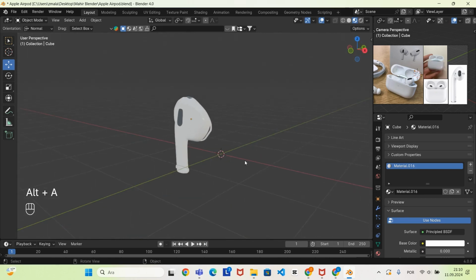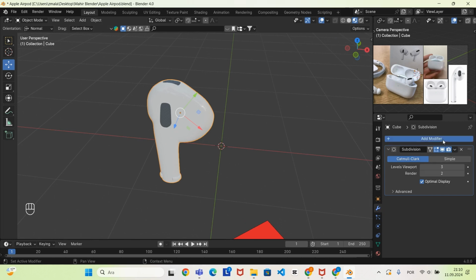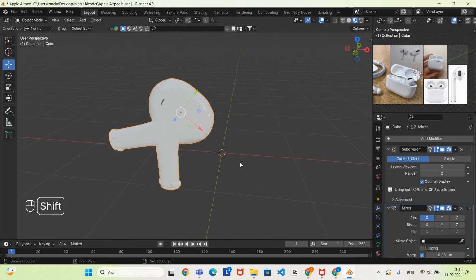And then to make the other part, select one of them, then add a mirror modifier, then hold shift,